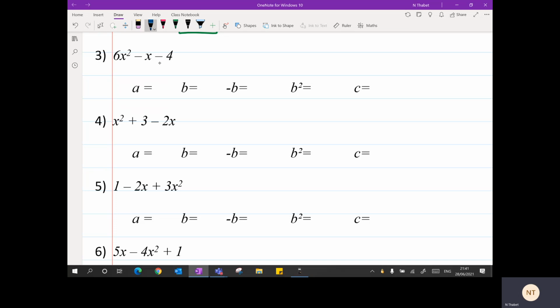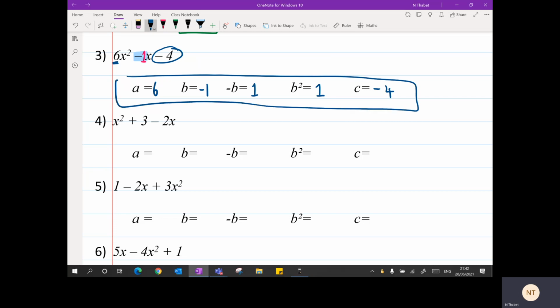Question 3. A is the coefficient of x squared. B is the coefficient of x, which is negative 1. So that's negative 1, which means that negative b is a positive 1, b squared is positive 1, and c is negative 4. So you need to be able to pick out what A, B, and C are, and I would very strongly suggest that when you start solving the quadratic, you lay it out like that so that you don't